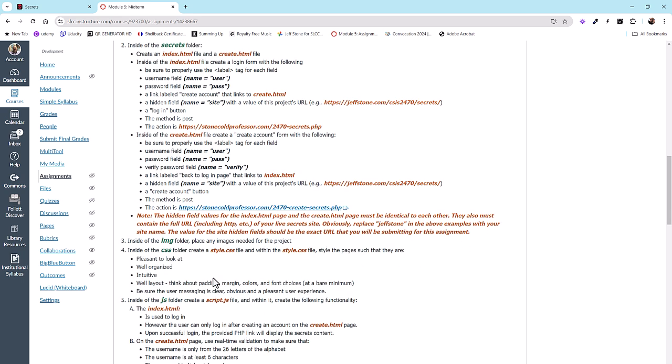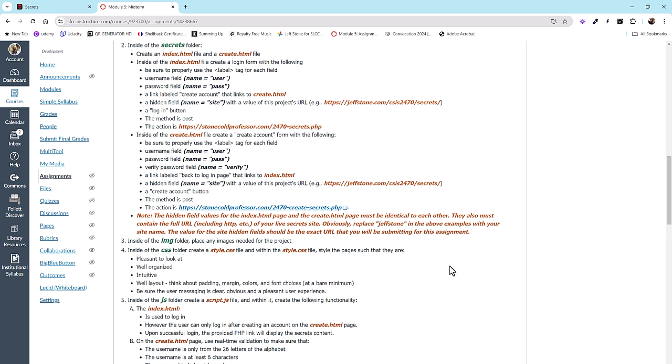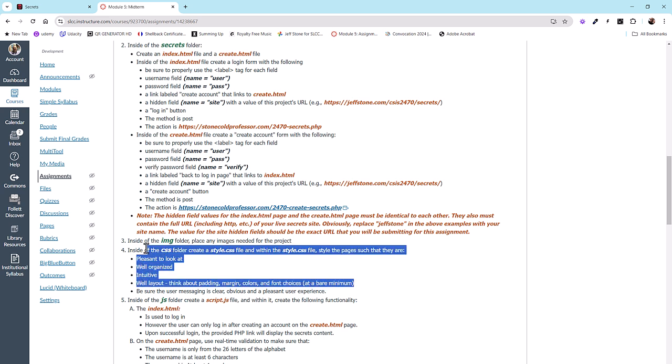And I outline all that again here with the note, just to remind you of some specifics. Next up, the image folder. If you use any images, you just stick them in there. The CSS folder, and make sure that you put your CSS skills to the test here. You're going to see my site has no CSS, and it's very bad looking on purpose because I wanted to have no layout at all so that you're not influenced by what you see on my screen, right? I want you to come up with your own ideas, okay? So that's the CSS portion of it.